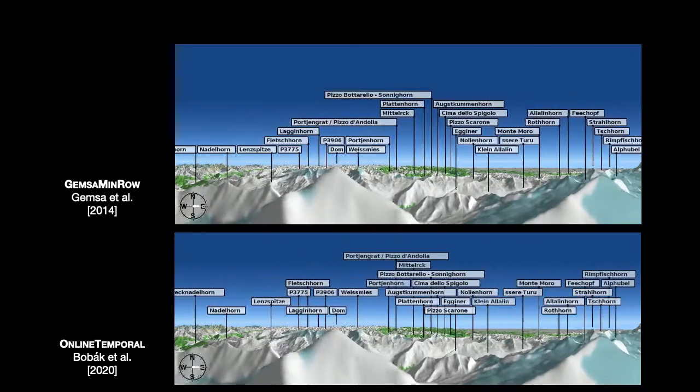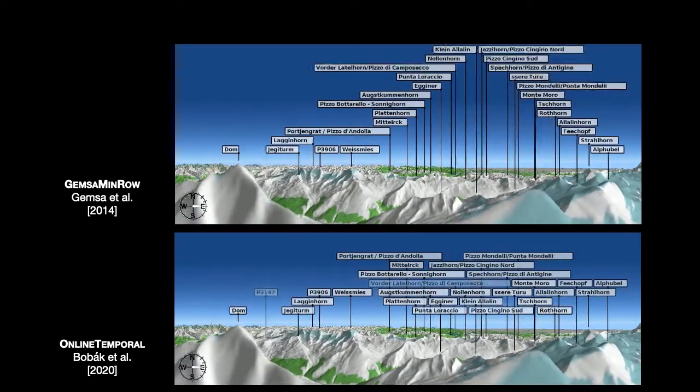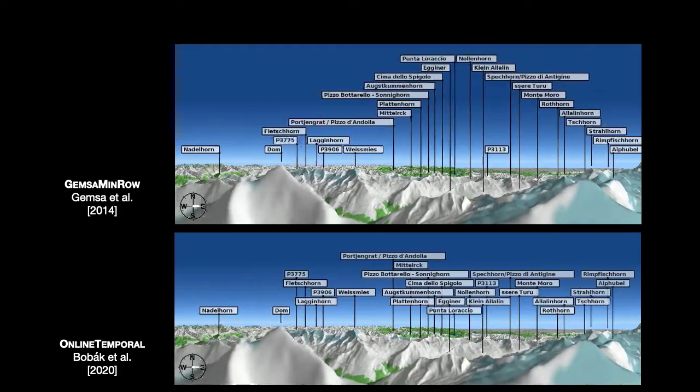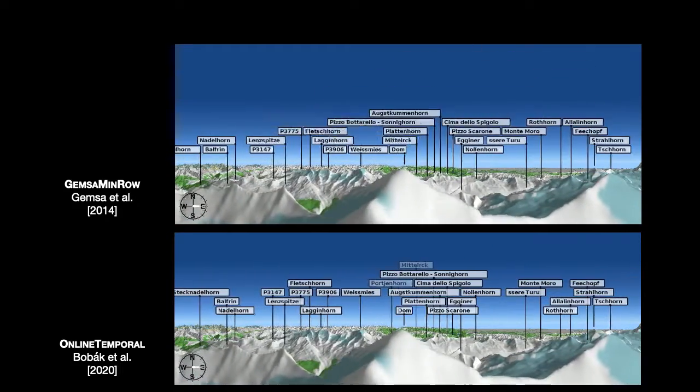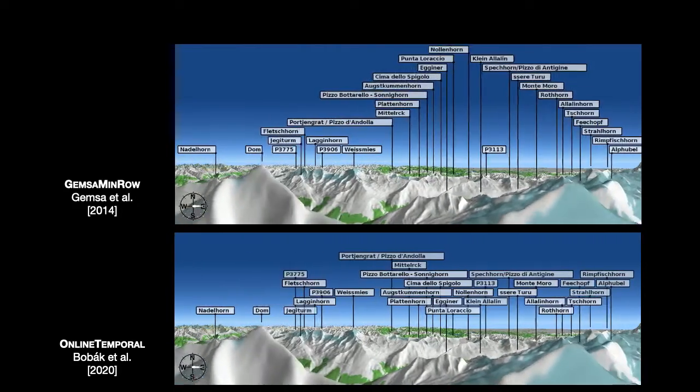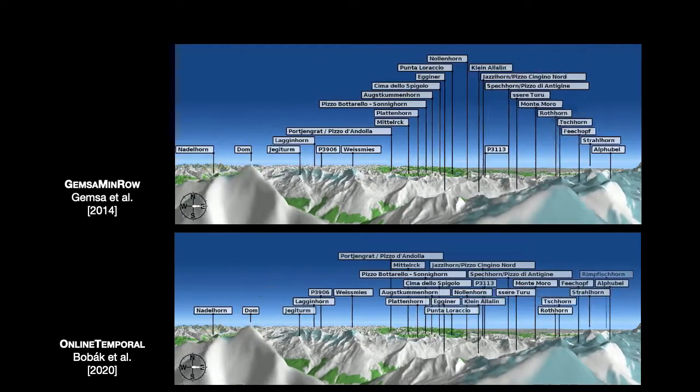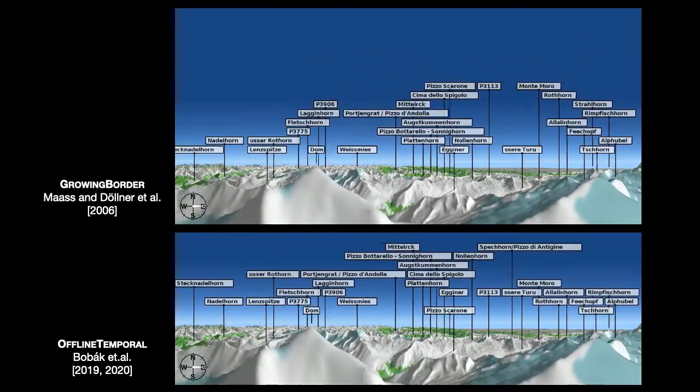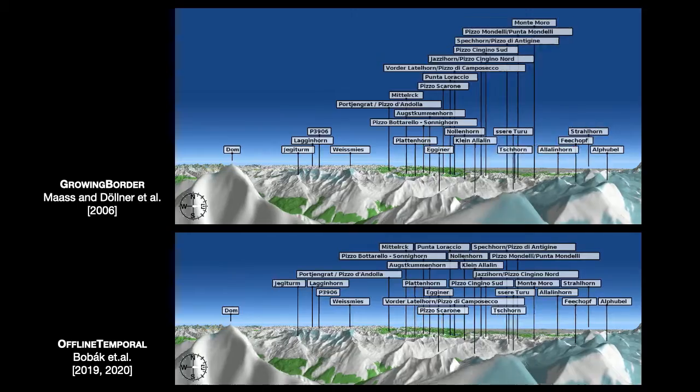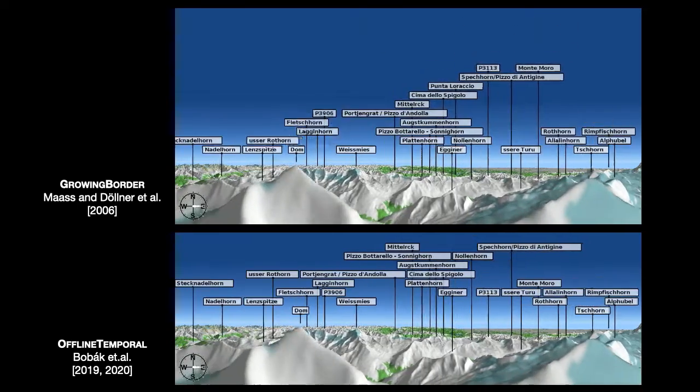The second method, denoted as online temporal, is designed for real-time interactive applications, for example, terrain viewers, augmented, and virtual reality. The main idea of our proposed methods is to minimize the vertical and horizontal movement of labels during interaction